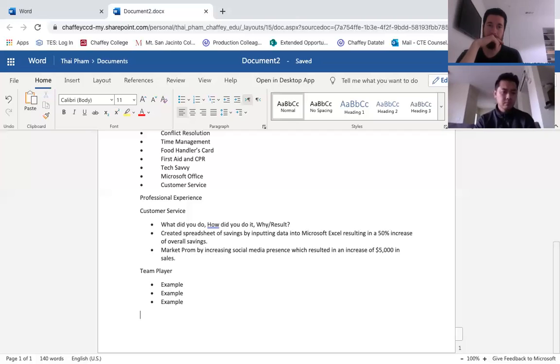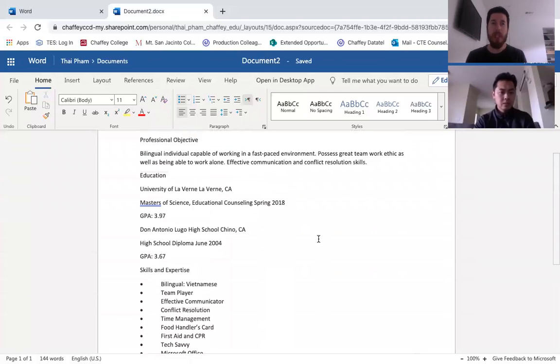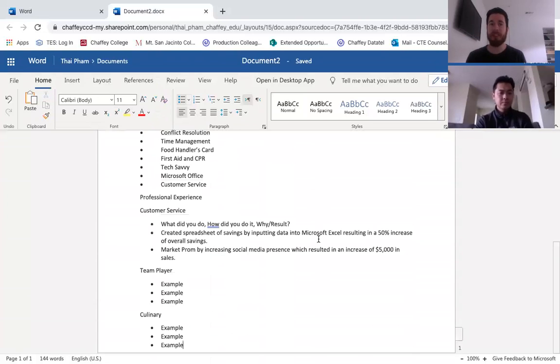Another theme that I can think of is culinary. So if you have experience working in culinary, cooking, that's just a fancy word for cooking, or a chef, you can do that as well. Again, here, I would say 2 to 3 bullet points, if you can, per term. And what you're really doing here is putting those transferable skills that we talked about in a previous chapter.